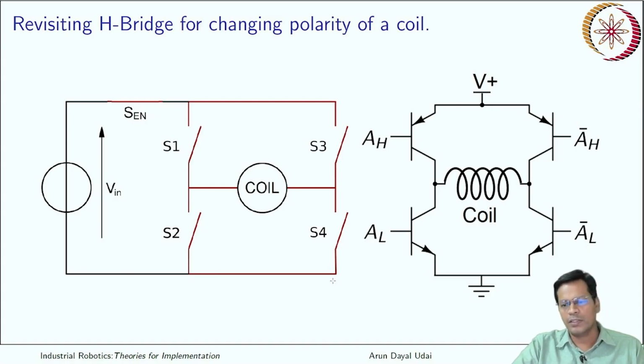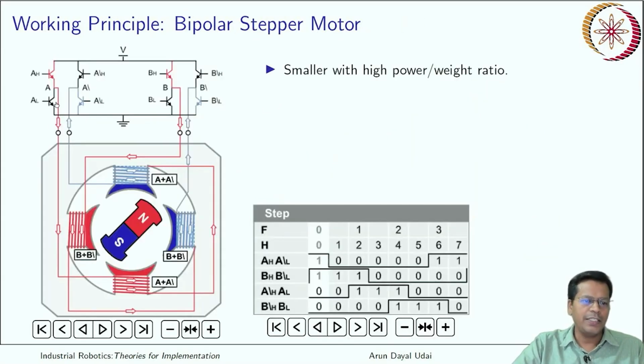So now a single coil is not energized, the same coil is made north or south depending on the direction of current. So now you come here, you will see, yes, each one, if you can follow me. This is one H bridge which is called A, this is B. So A set has got AH and AL. So if AH and AL bar is high, current flows from here, this makes it a north pole, the red one is the north pole, and the same wire goes here, wound in reverse way, and finally it goes back to the H bridge. So this makes this one south pole. So flowing current from here and finally like this will make it north and south, whereas if you switch on A bar over here,